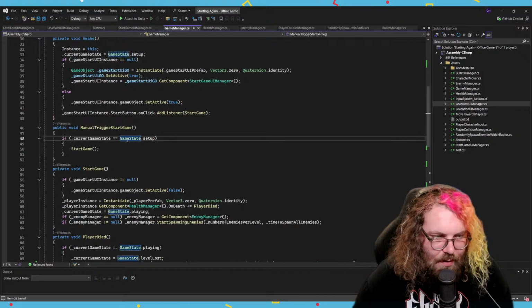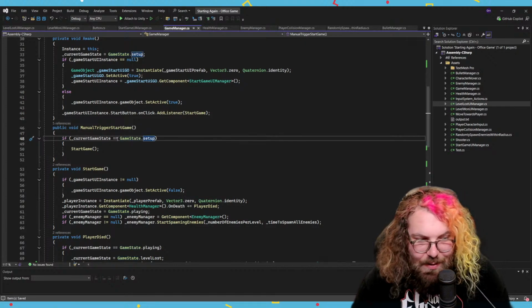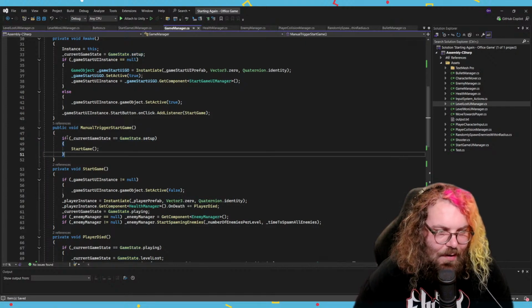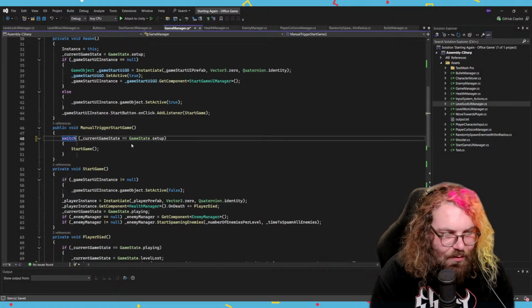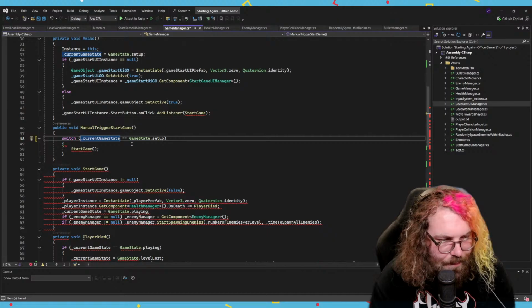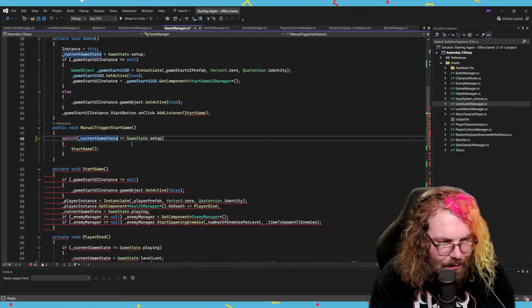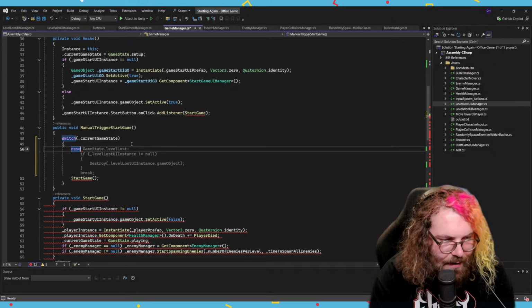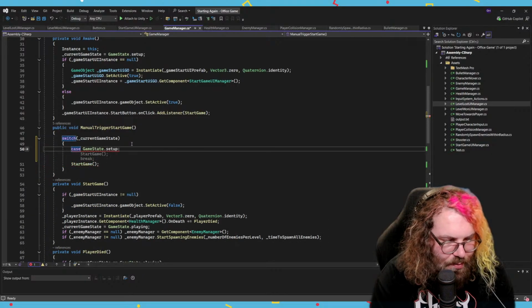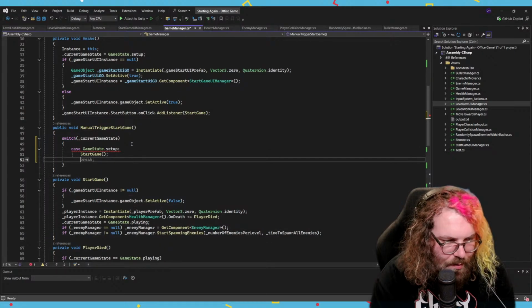So because we do here check, is it the game setup? And if so, start the game. So let's swap this now to the switch thing. So switch, and then we'll use the current game state as the switch, and then we'll do case game state dot setup, then start game, break,